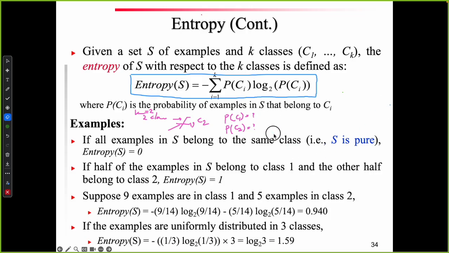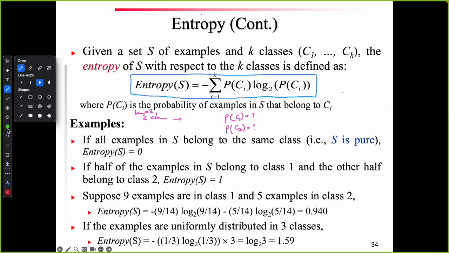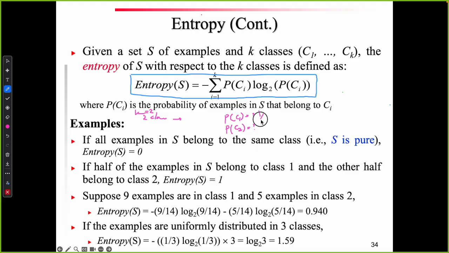And here, I want to calculate PC1 and PC2 from the beginning. Now again, this time say we have half of the examples belonging to class C1 and half belonging to class C2. So each of them is 50%, or 1/2, right? So in the formula, the entropy of S, when half of the cases belong to class 1 and half belong to class 2, will be